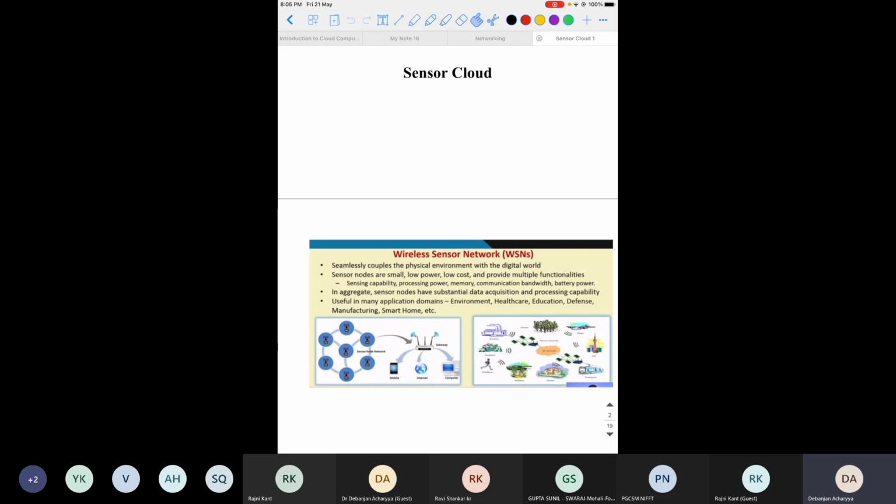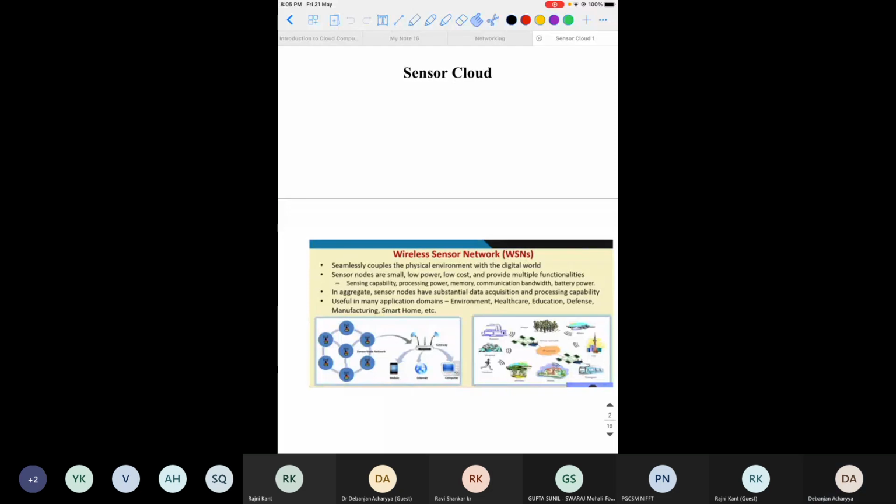That's why this sensor cloud is very popular. This type of ubiquitous sensor system is very popular for Industry 4.0.